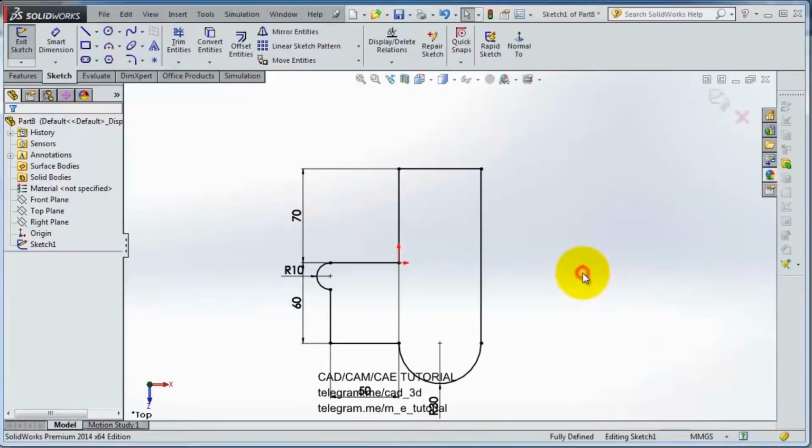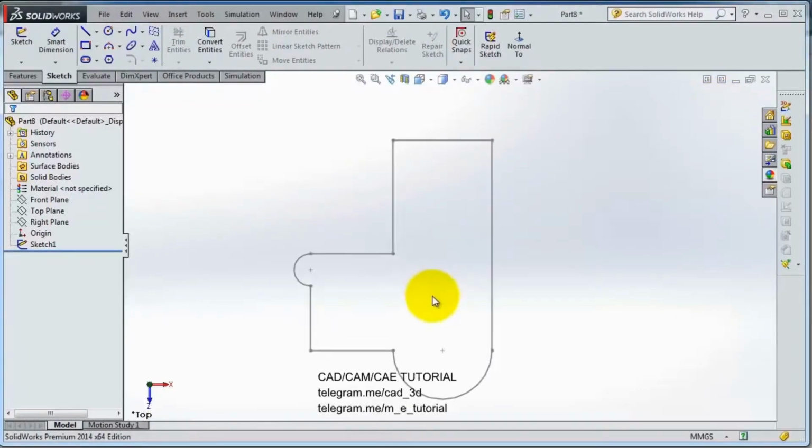We have this sketch from the previous tutorial. If you notice in the corner, you have this X and the Exit Sketch icon. When you are in sketch mode, you'll notice that it is appearing here. When you are done with your sketch, you need to exit from sketch mode by clicking on that icon. When you click on that, you are now outside the sketch mode, and you notice the color